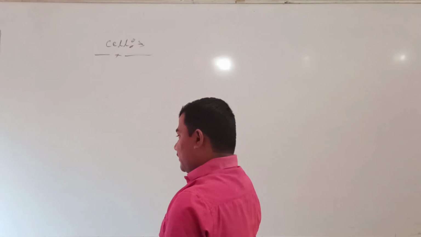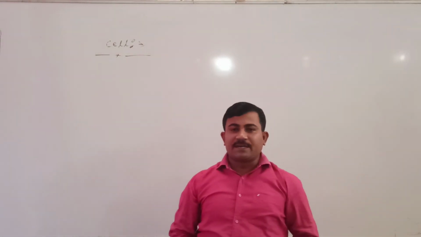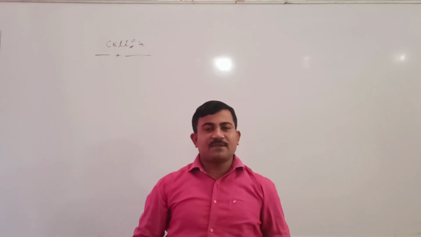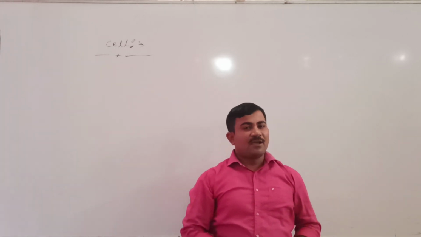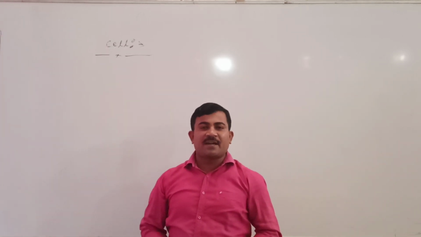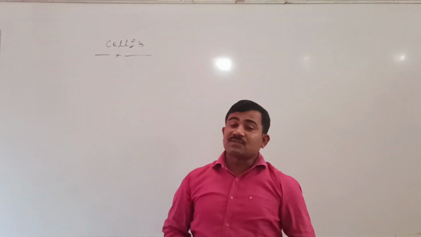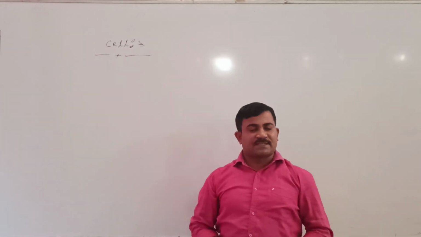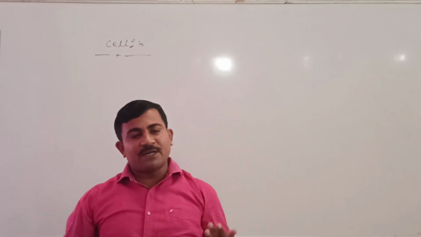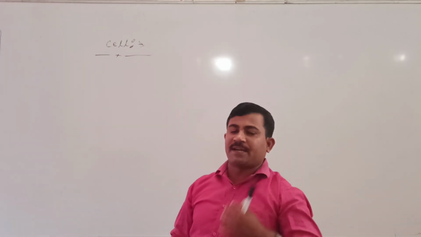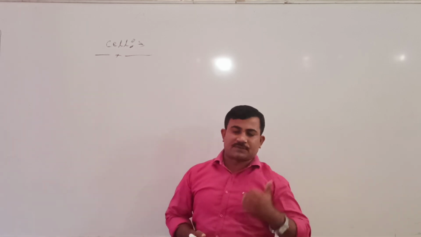Students, first of all, let us discuss the cell. A cell is a device which converts chemical energy into electric energy, or the device which maintains a steady current in an electric circuit. That we are calling a cell, or the source of EMF. Here chemical energy is stored in the form of ions.